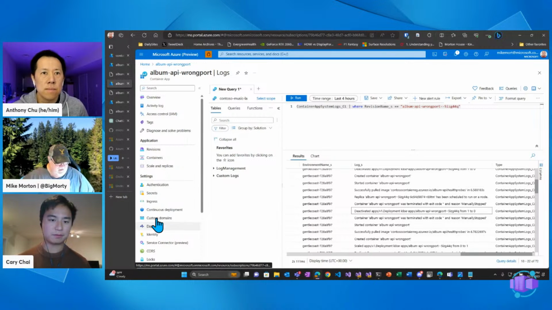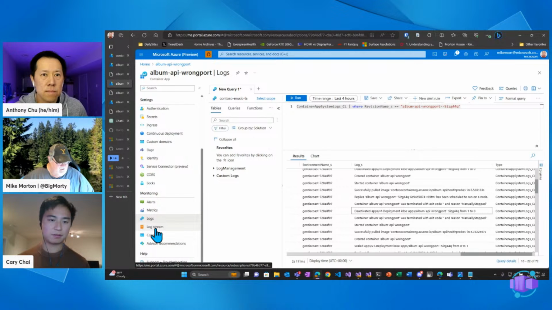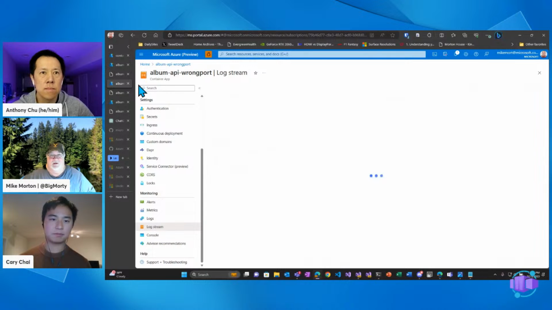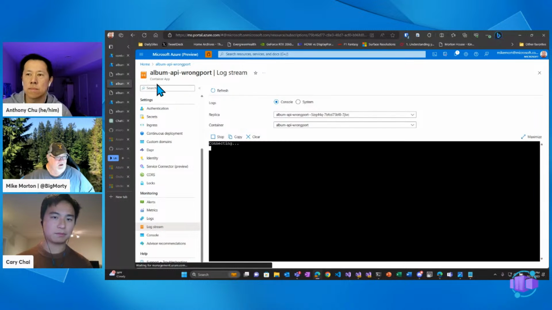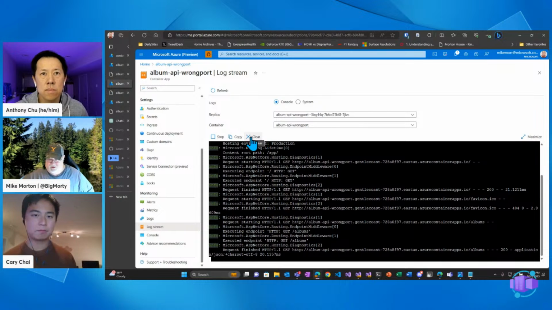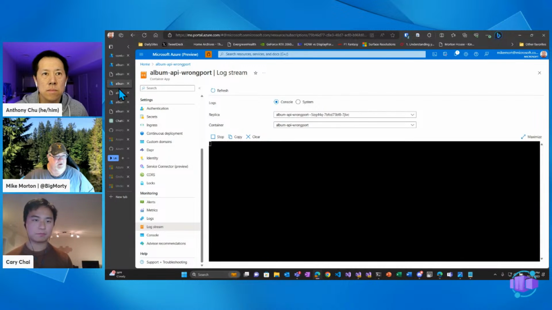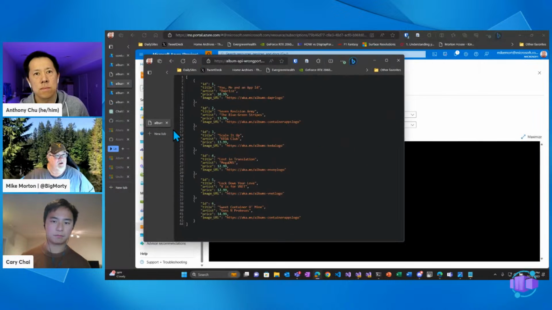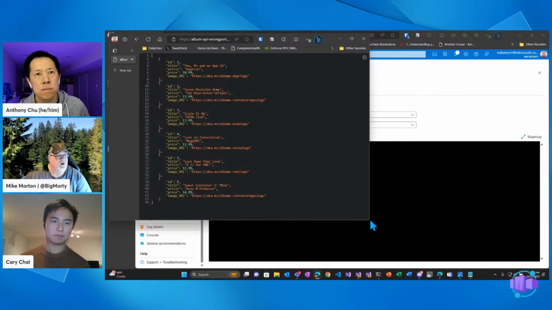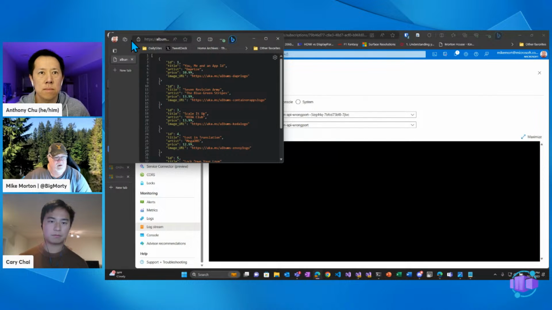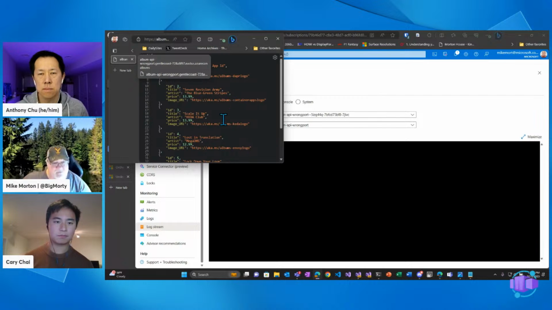The last thing I wanted to show you is if I go here to log stream, and I want to see what's going on right now. This is the wrong port, which is now working. So here we're looking at our live stream. I'm actually going to clear this, and I'm going to drag this over so it's just part sized. So this is the URL I'm hitting over here. And as I hit it and refresh, you'll see, if I can find the F5 key,